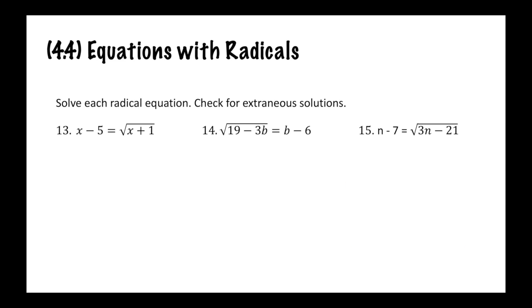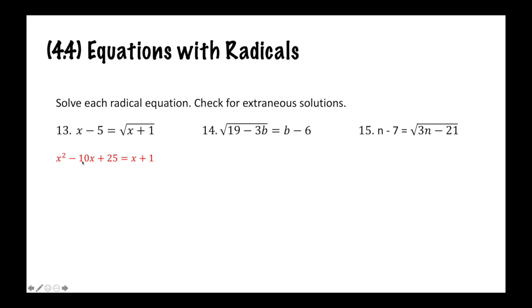For 13, once again, we square both sides. Now here we need to be careful. When we go to square this side right here, we have to square everything on this side, but we can't just write x squared and then negative 5 squared. We actually have to think of writing that out twice. x minus 5 times x minus 5 is going to give me x squared minus 10x plus 25 is equal